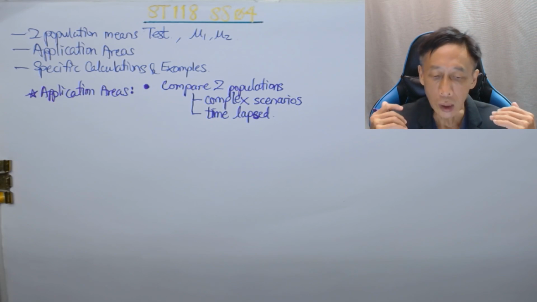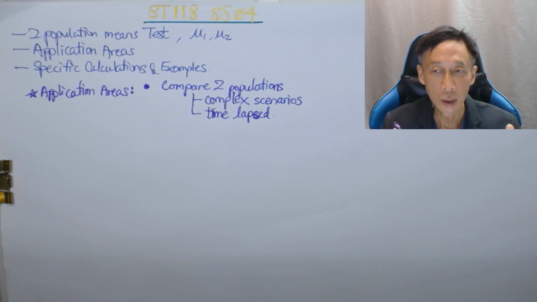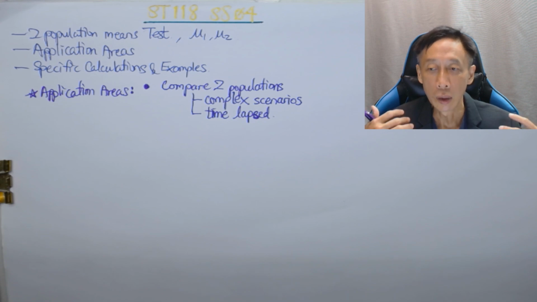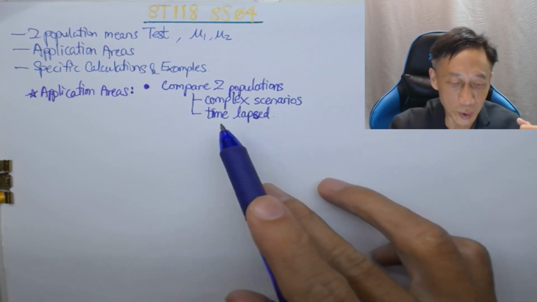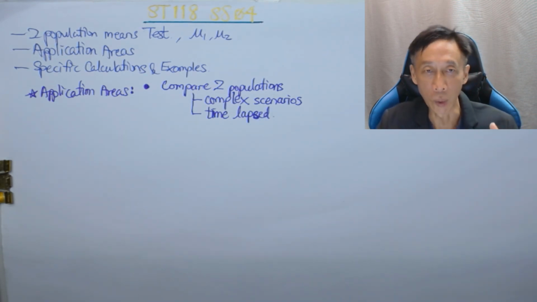So the test will run as planned for 1 month or maybe 3 months, doesn't matter. During this 1 month or 3 months, the two groups of patients are undergoing that simultaneously. So there's no time lapse, but it is a complex scenario. Why? Because in these circumstances,